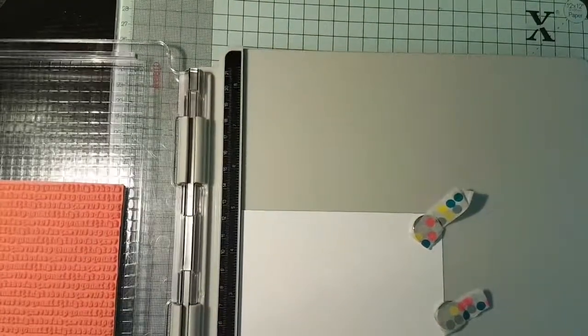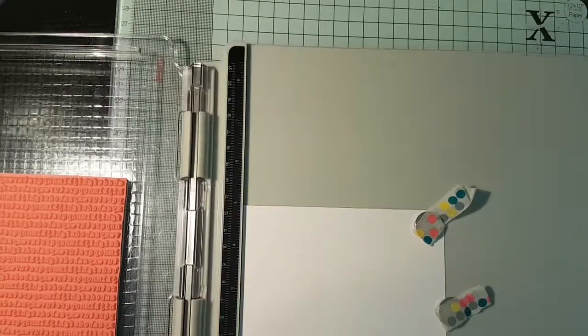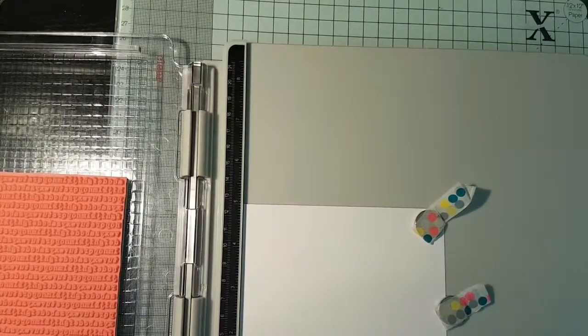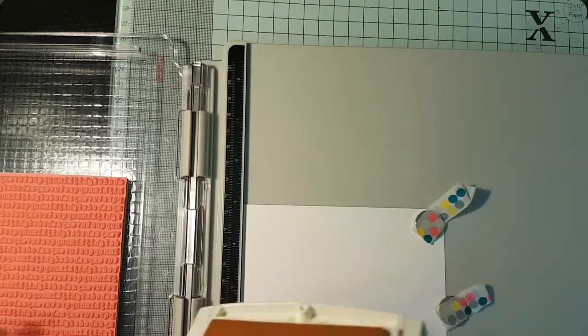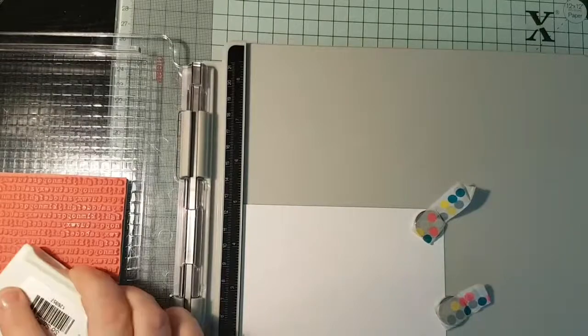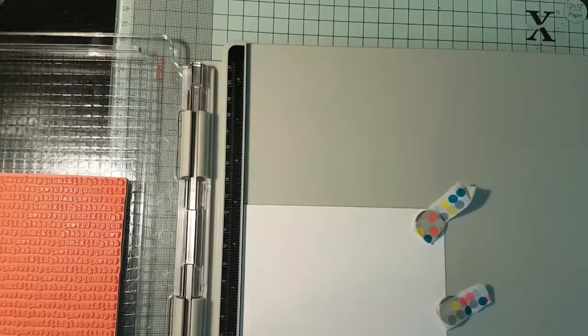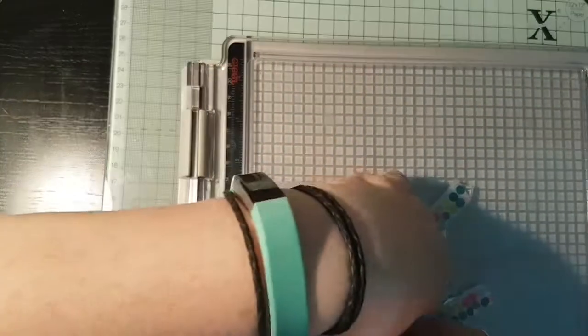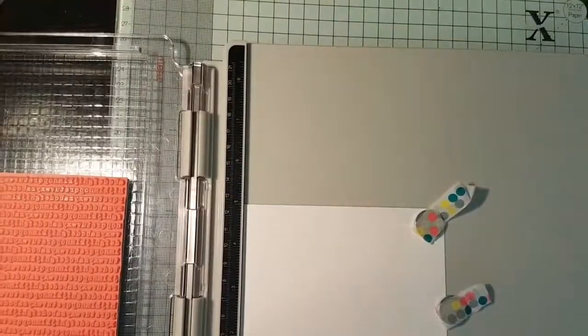Right. I think I'm going to go for some sort of multicoloured stamping. So I'm going to start with a bit of yellow. And this is So Saffron, and I'm going to give it a reasonable coat. I'm not bothered if it's not complete. So it's quite pale,